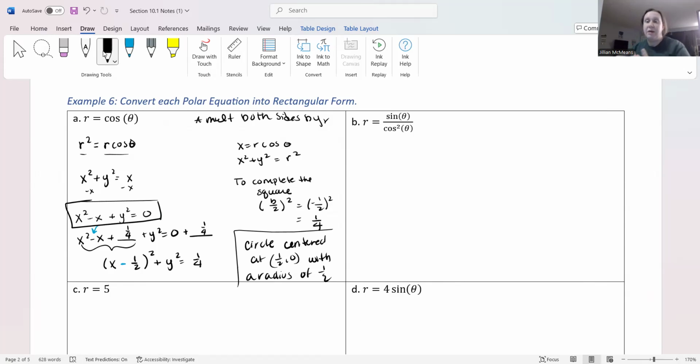Okay, so we have these two tricks, these two techniques that we can use to convert from some kind of polar equation to some kind of rectangular equation. We can square both sides of the equation, or we can multiply both sides of the equation by r. But sometimes you can do some other things. So let's rewrite this equation. I'm going to rewrite this as sine of theta. I'm going to erase that and I'm going to try to write it correctly. I'm going to write this as sine of theta over cosine theta times cosine theta, except I'm going to write